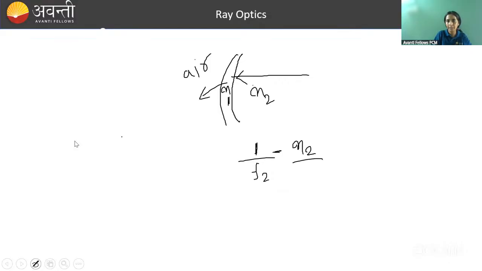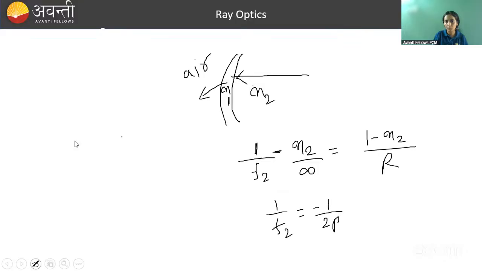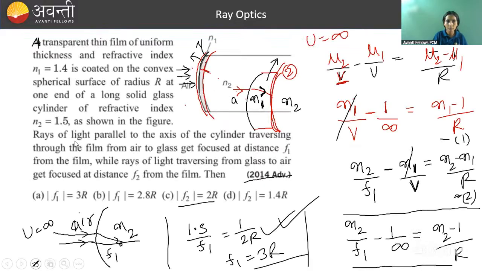so 1 by f2 minus, incident light is in N2, N2 by u, that is infinity, and that is equal to 1 minus N2 by what R I should get, है ना, and 1 by F2 is equal to how much, 1 minus N2 minus 1 by 2R। ठीक है, so F2 is equal to 2R. So these two answers are correct, option A and option C, these two are correct।